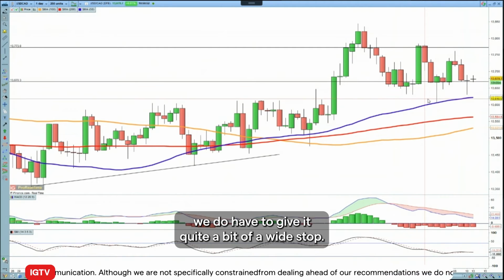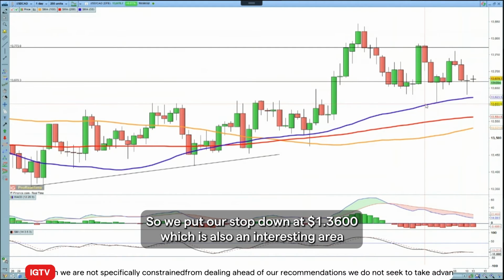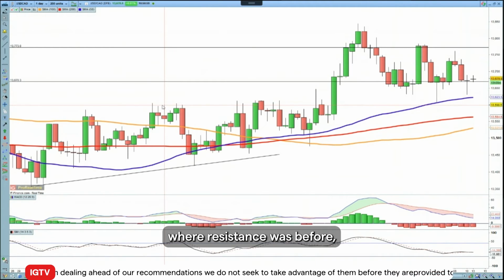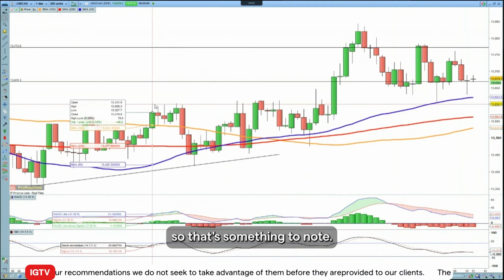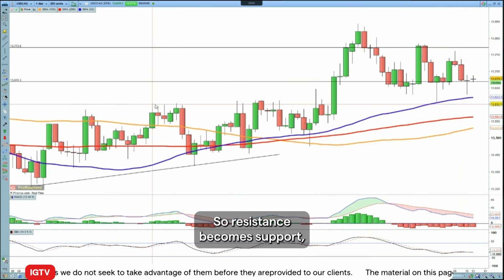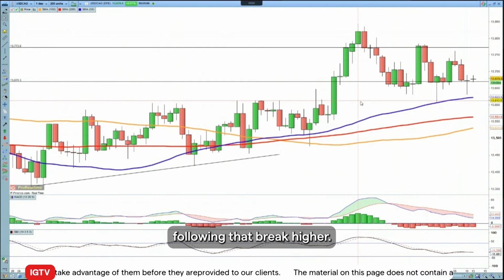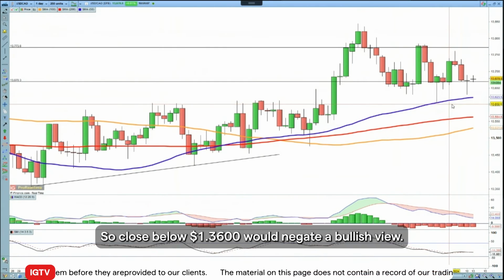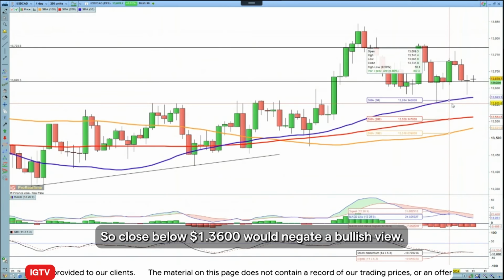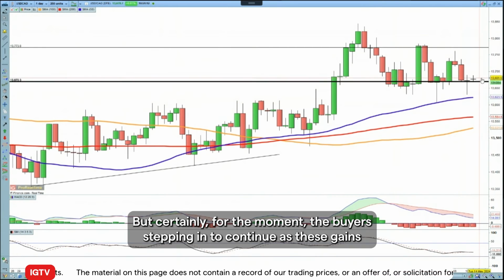With these long wicks, we do have to give it quite a bit of a wide stop. So we put our stop down at 136, which is also an interesting area where resistance was before. So that's something to note, that resistance becomes support following that break higher. So a close below 136 would negate the bullish view, but certainly for the moment, the buyer stepping in, continuation